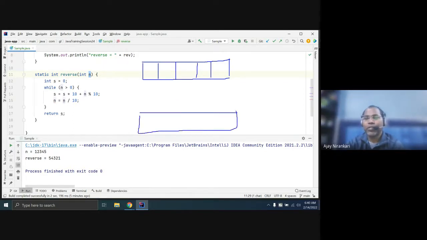One approach is you start from this value and print here, the last character, then print here, then print here, then print here, then print here. Is this the approach you did, or something different?